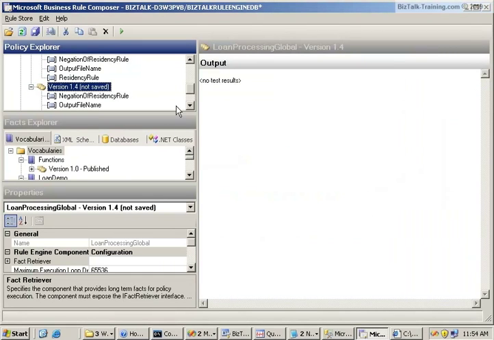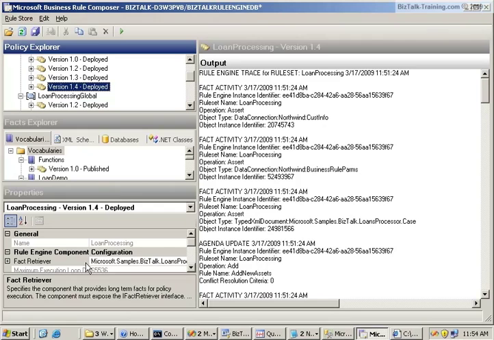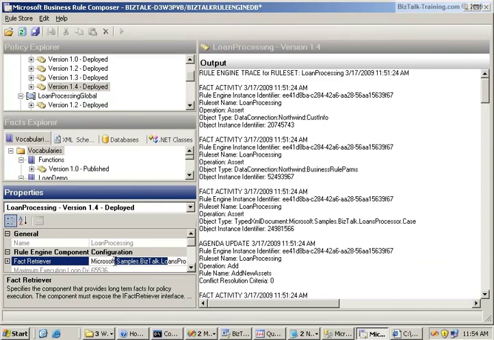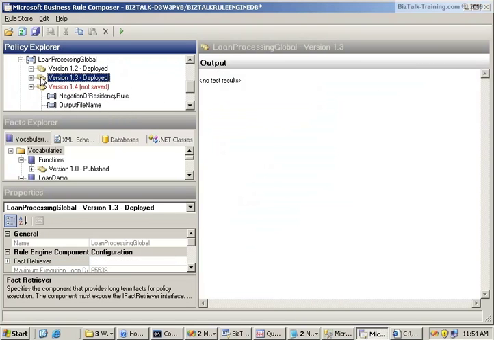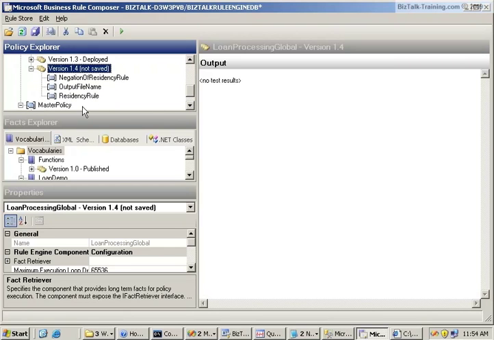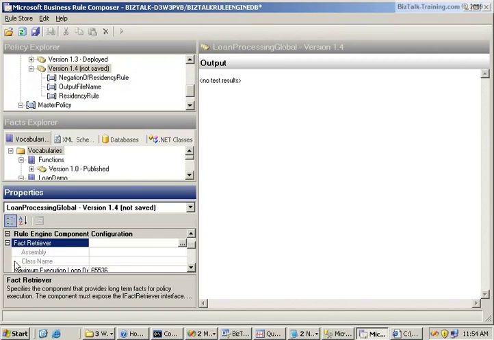So the last thing I want to show you is what happens if you go to a policy that's already been deployed like this, and you go down to the fact retriever. Of course it's going to be locked and you won't be able to see how to add one. So what I did is I took a different policy and copied it so it was in the non-saved, non-deployed state. And now if I come down here to fact retriever, you can see the